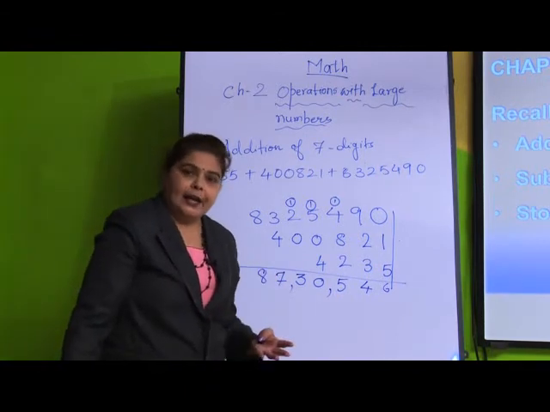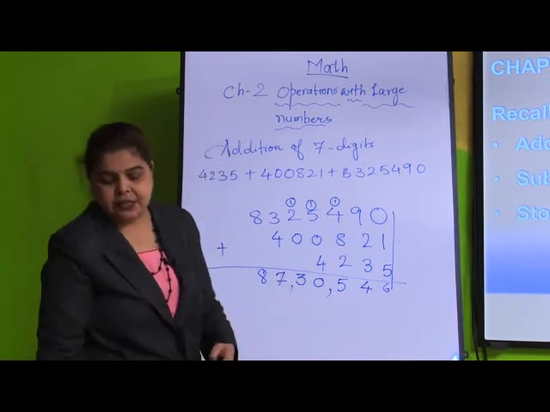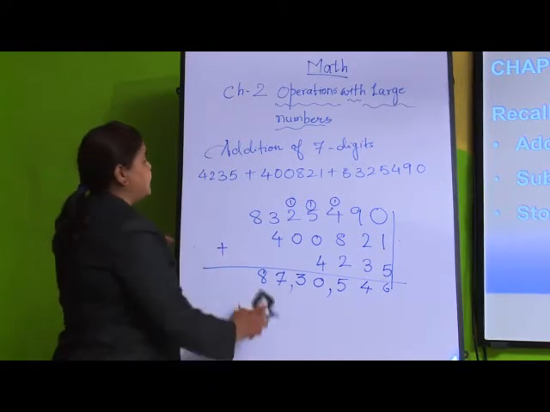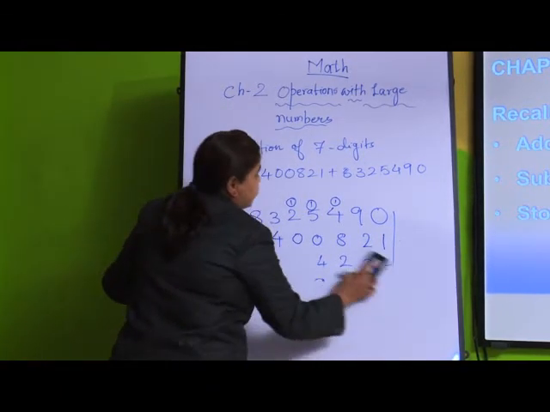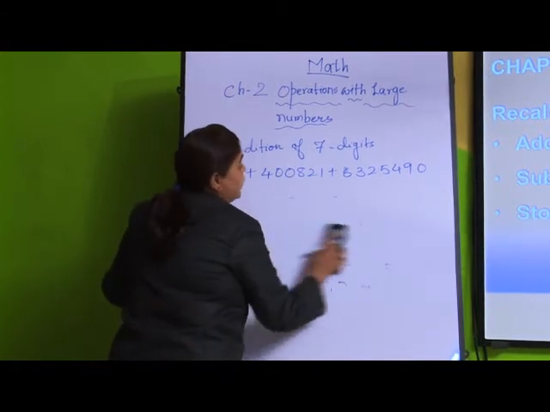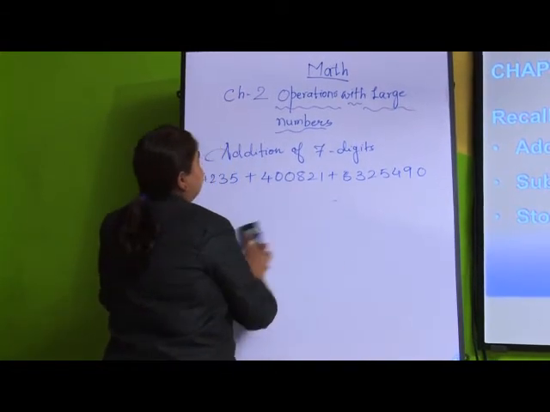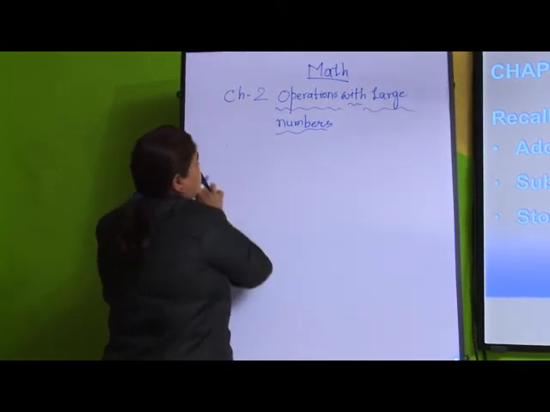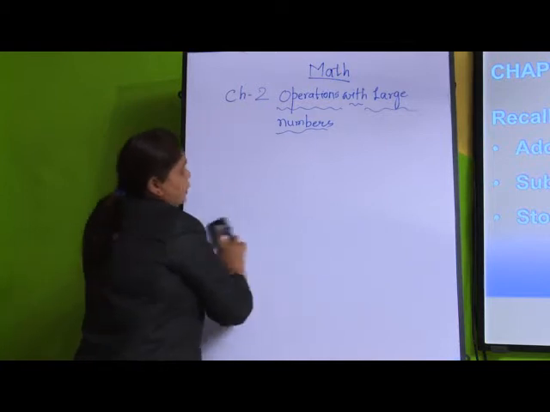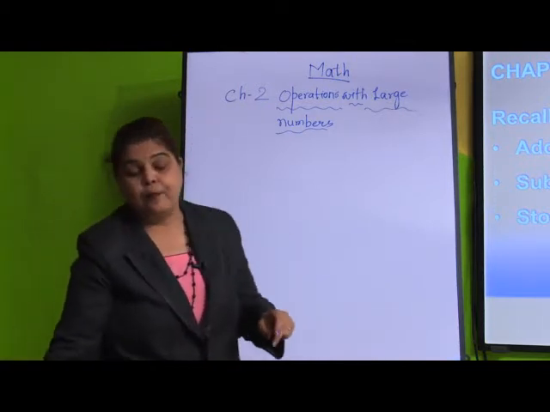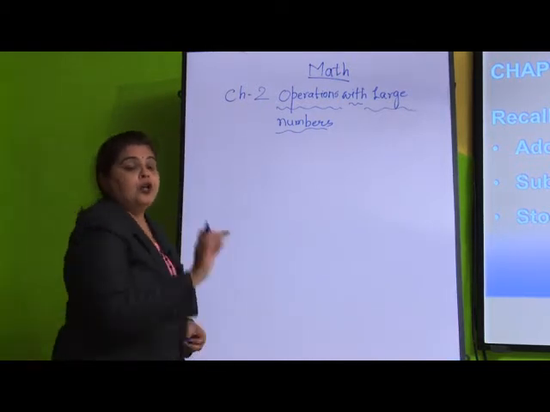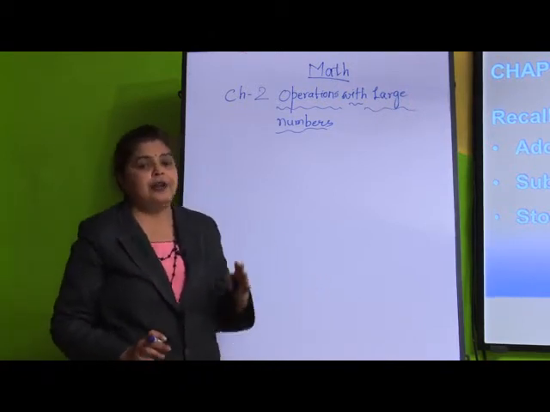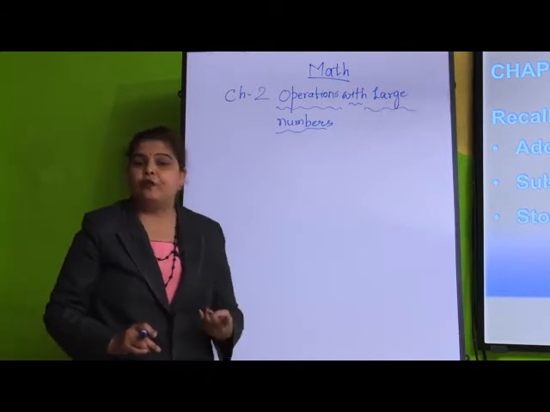So in short I can say addition of a 7 digit number with any number of digits, or addition of an 8 digit number with any number of digits, that is, the addition operation can be done very easily by writing in a vertical way. So when it is in a line form, each and every number you can find out. Now everyone knows this addition, got it? Okay. We will go for the second operation.